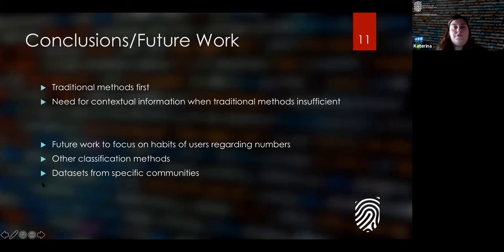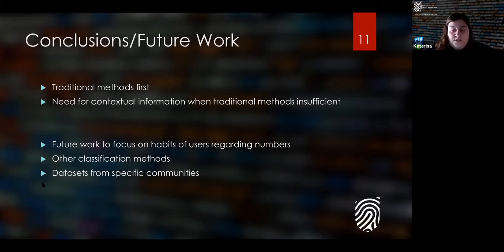So our conclusion is that when possible, common approaches should always be attempted first, because according to our strength analysis, approximately 80% of the passwords in Have-I-Been-Pwned belonging mostly to class 3 and below can be recovered with traditional methods. And then if those approaches fail, then we have to look at how we can use contextual information to continue